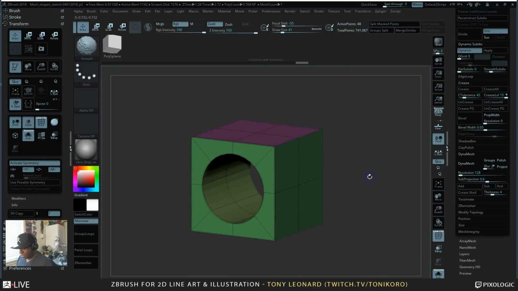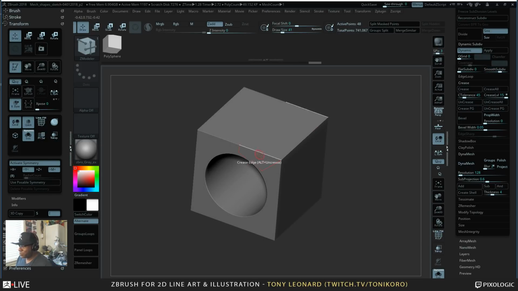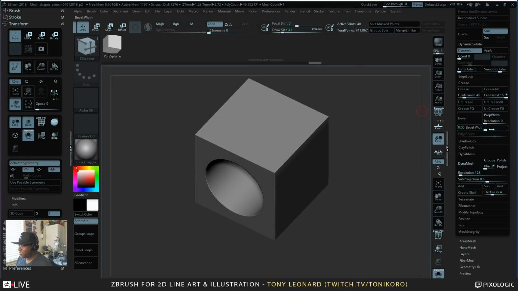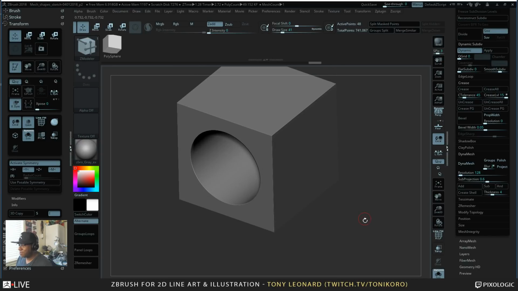So like if you hit D and you use some dynamic subdiv and you look at everything, well, it probably needs a few more levels. You could bump this up, say 5. So that's absolutely smooth, but it's really, really sharp. And if you actually applied this, you'd probably have to go into deform and maybe relax it a little bit, or do something. But you can actually crease it